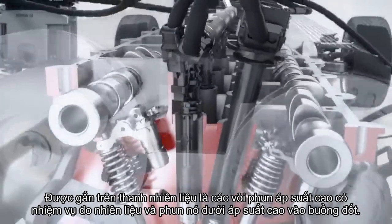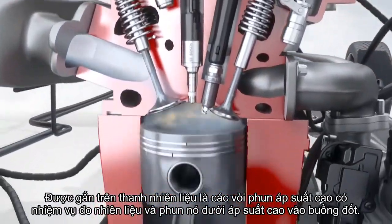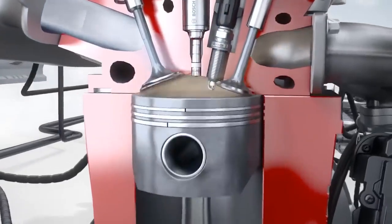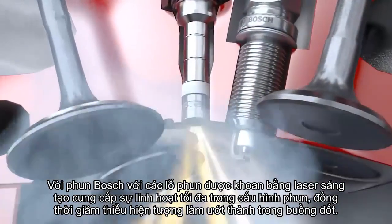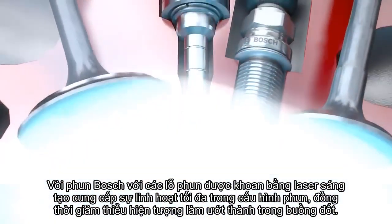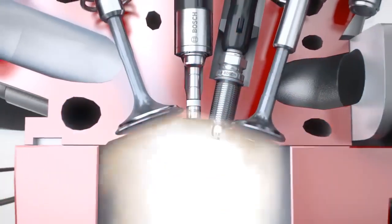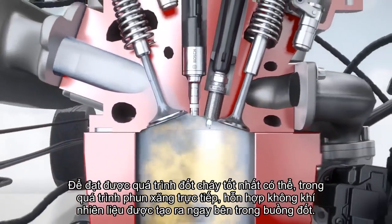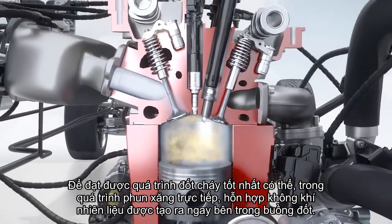Mounted on the fuel rail are high-pressure injectors that meter the fuel and spray it under high pressure right into the combustion chamber. Bosch injectors with innovative laser-drilled spray holes provide maximal flexibility in spray configuration while minimizing wall wetting in the combustion chamber. To achieve the best possible combustion, during gasoline direct injection, the air-fuel mixture is created right